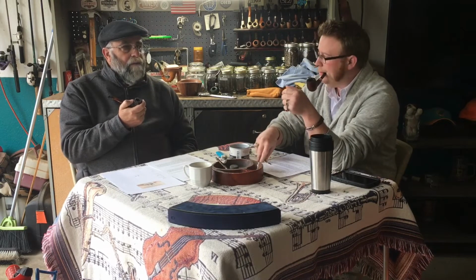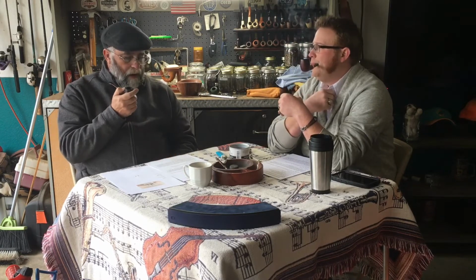I've smoked this a couple of times today, and each time it's been a little different. But all 3 times I felt like the Latakias come out more towards the end. The Turkish is interspersed; it comes and goes and comes and goes. The end of the smoke to me is a little acrid, a little bitter, musty, at the very end of it. But for the most part, it's a pretty